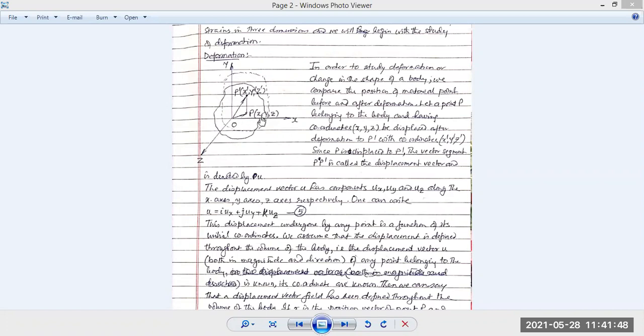Initially this was our body, which is in the form of a line, and P was a point, one of them, which has coordinates X, Y, and Z itself. Now, due to some application of some external load, tensile, compressive, shear, whatever it may be,